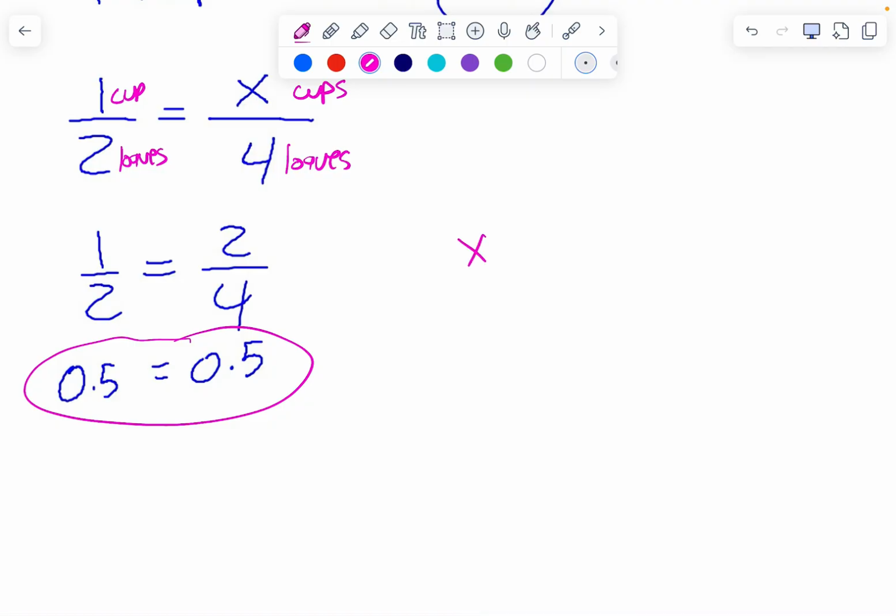For example, if we had something like this, well, we don't know what x is, but we could solve for it in a way that makes these equivalent. Do you agree? Okay? So that's the idea of what we're doing here, understanding what that equals symbol is telling us